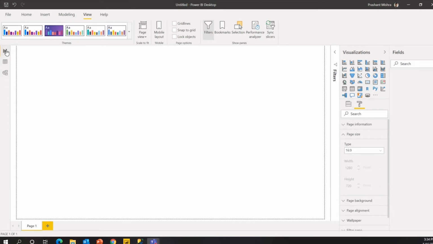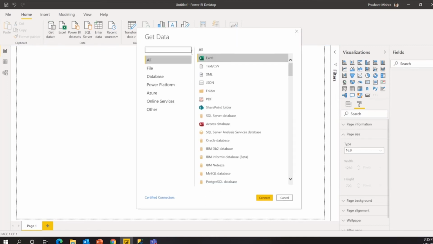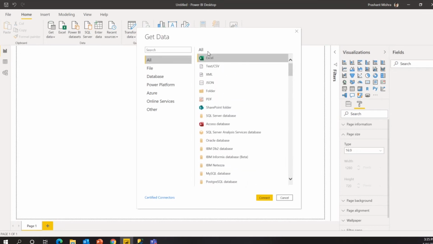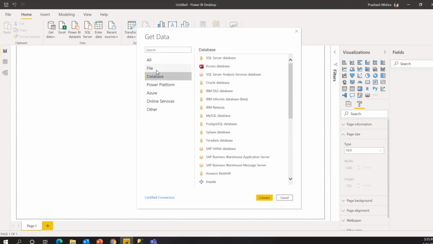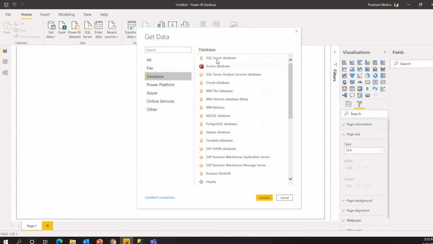Okay, and after this, now we are going to get the data from here. So click on Get data. You see there are many sources. You can click on More, and you see there are so many sources available here. You don't have to worry about whether Power BI supports a source or not, because it supports almost every data source. In our case, we are going with database, which is SQL Server. So let's search for it. The first one is SQL Server database.